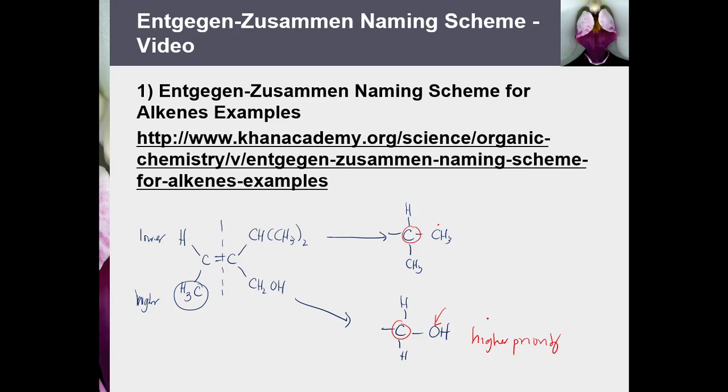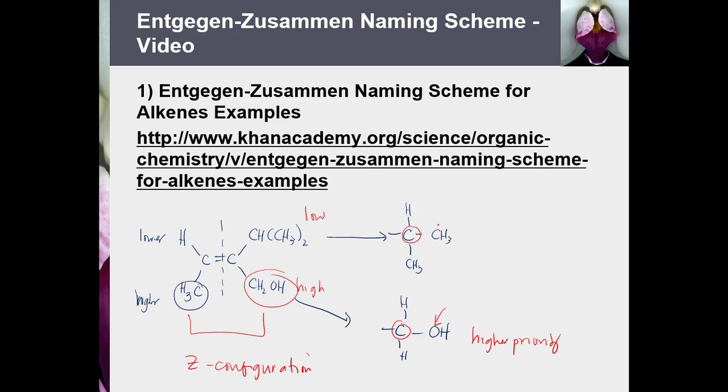Ngayon, we compare the position of your high and low, yung priority, yung high priority groups mo. So, your priority group in this part is CH3, and then in this part is CH2OH. Now, determine the location. Is it on the same side or the opposite side? Since they are on the same side, so this one is a Z